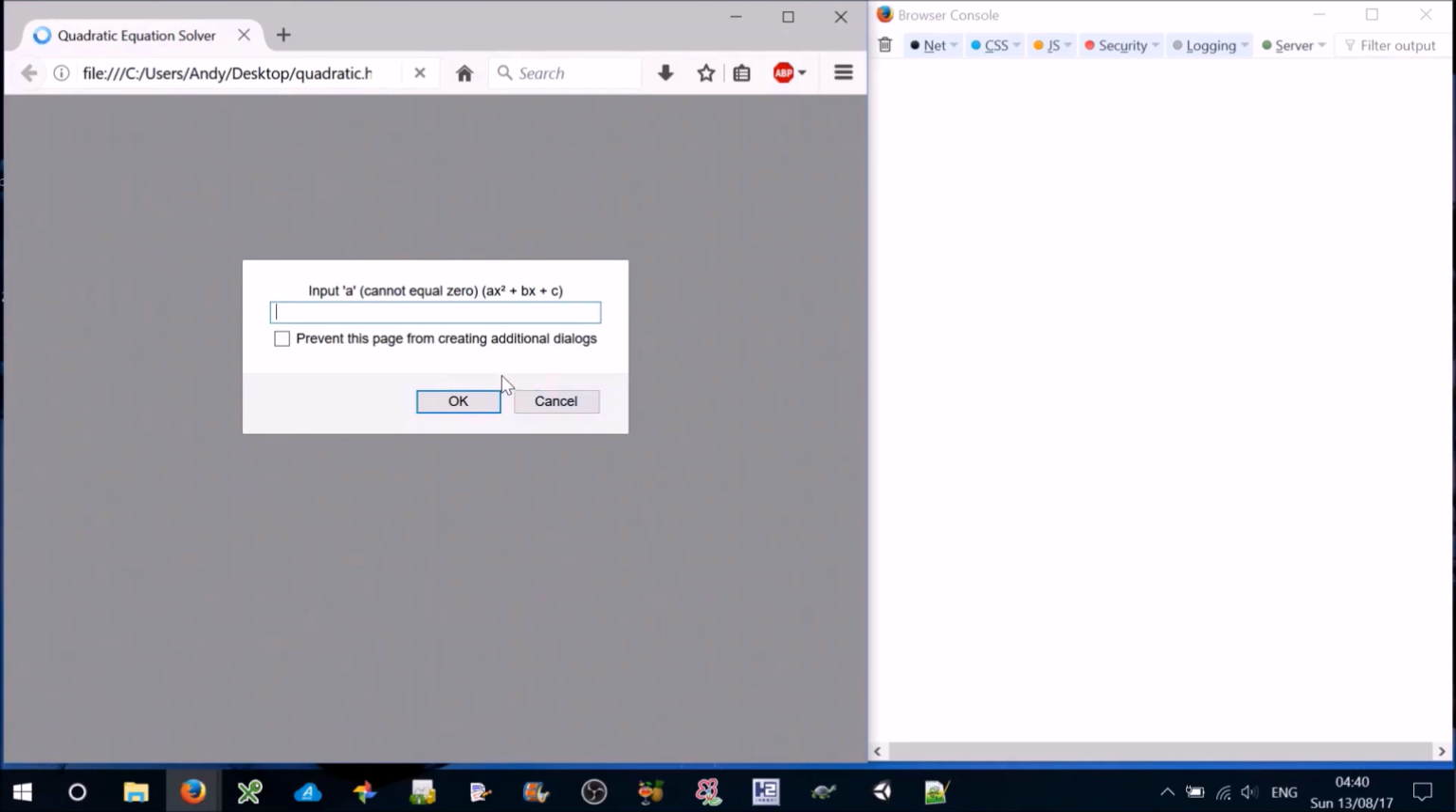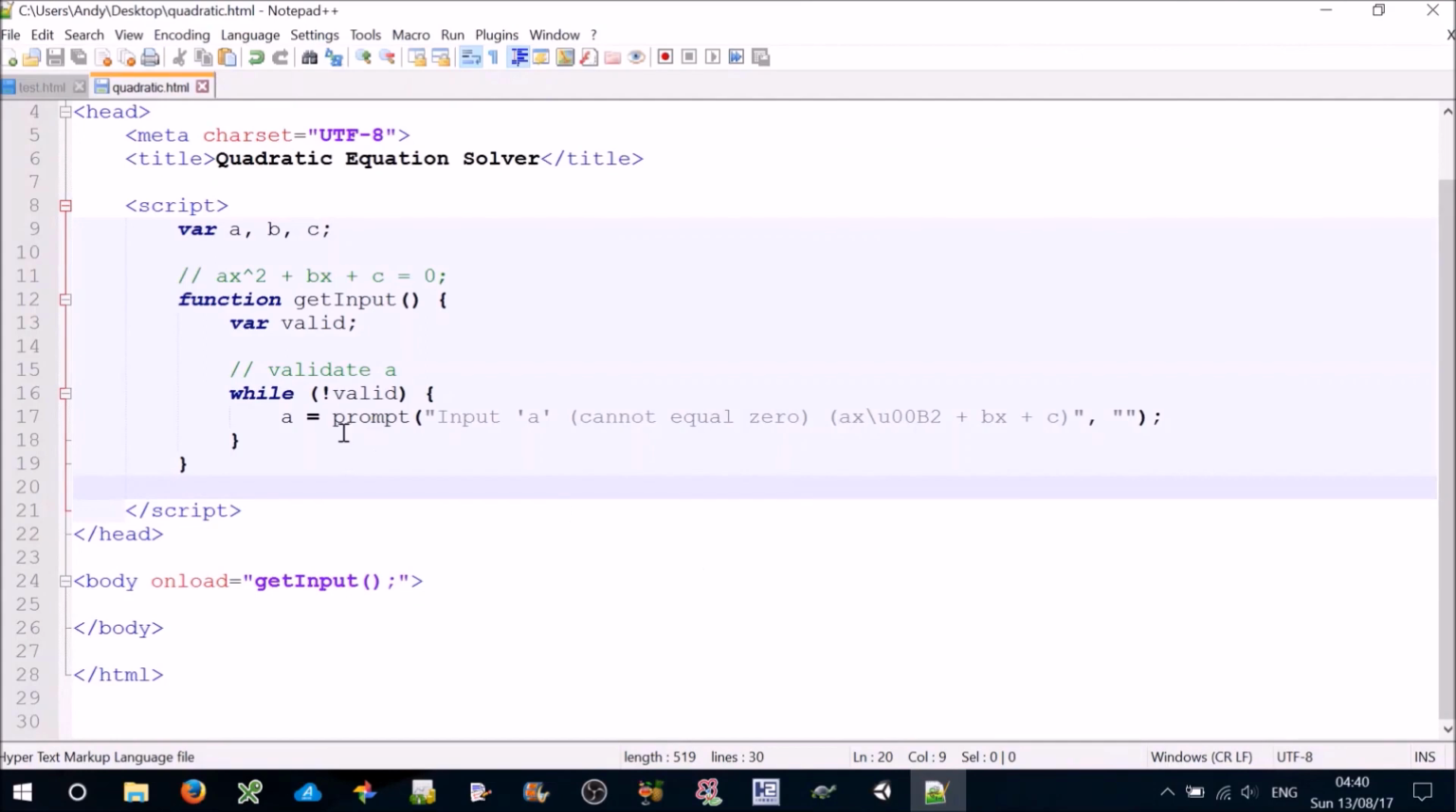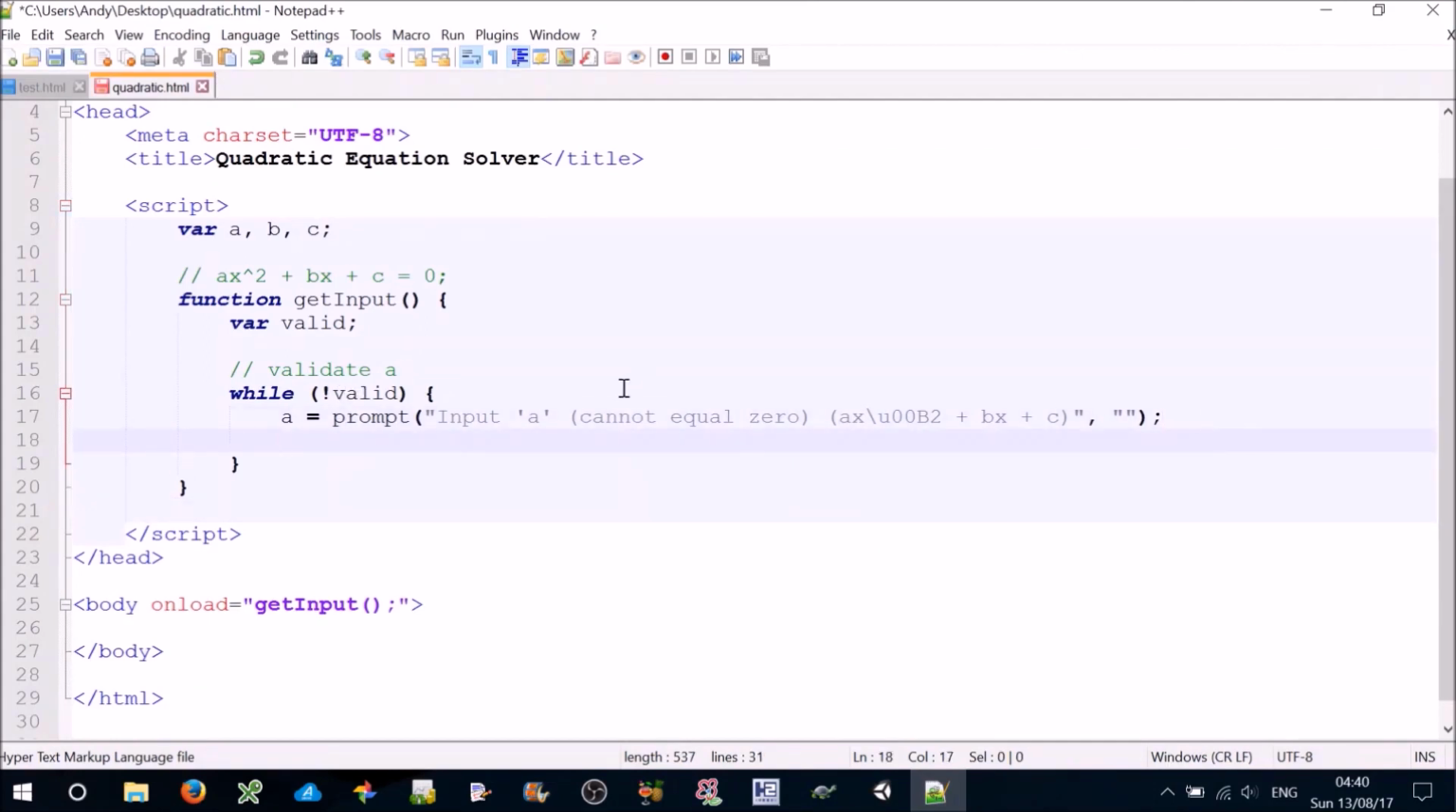Yes, okay, it's not going to let us put anything in because we haven't allowed the while loop to break, so we can fix that. So while it's not valid, prompt the user, but we need to say valid equals true at some point, don't we? So what will valid equal? Well, a, as we stated in the prompt, cannot equal 0, and